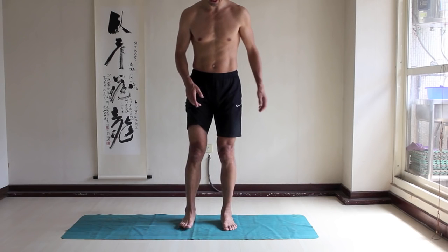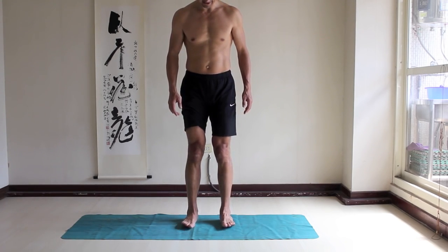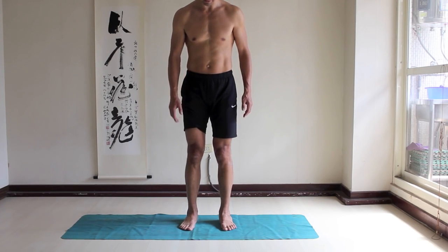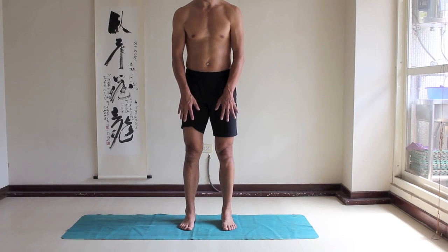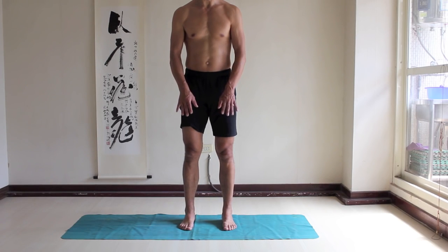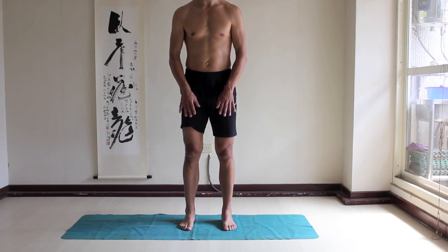And here again, notice the sensation of the feet. With my hips and knees relaxed, I can feel the inside edges of my feet pressing on the floor. The outside edges are lighter. As I roll my thighs out, there is equal tension on the inside and outside edges of the feet, and now my inside edge of the feet becomes light. So that again is another exercise you can practice. Roll out, relax, roll in, roll out,